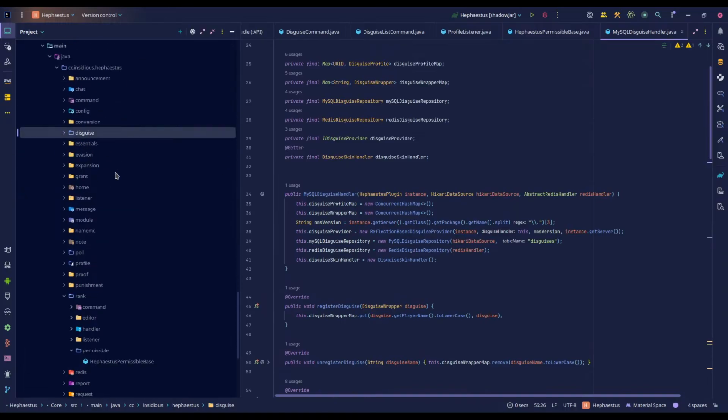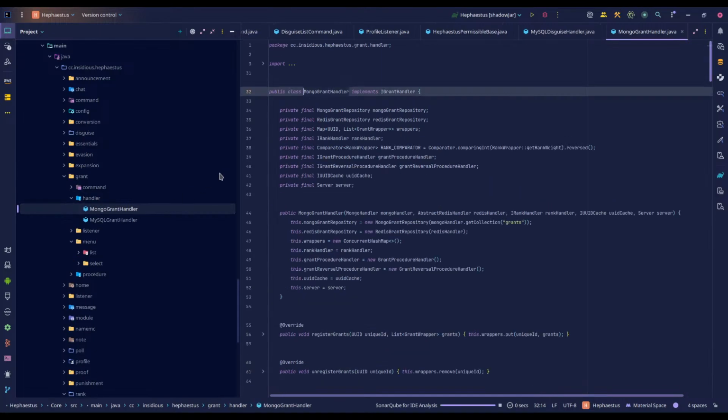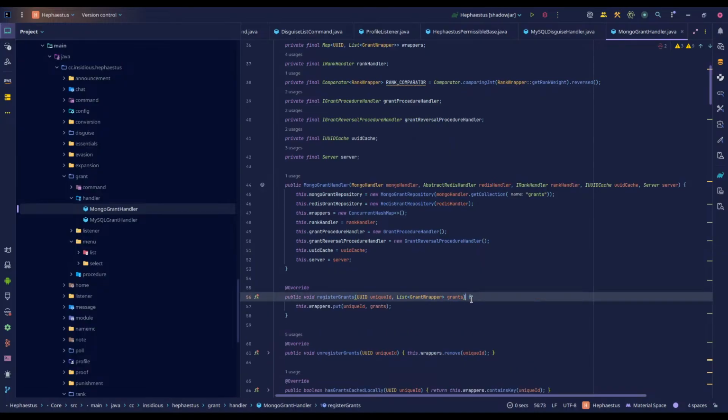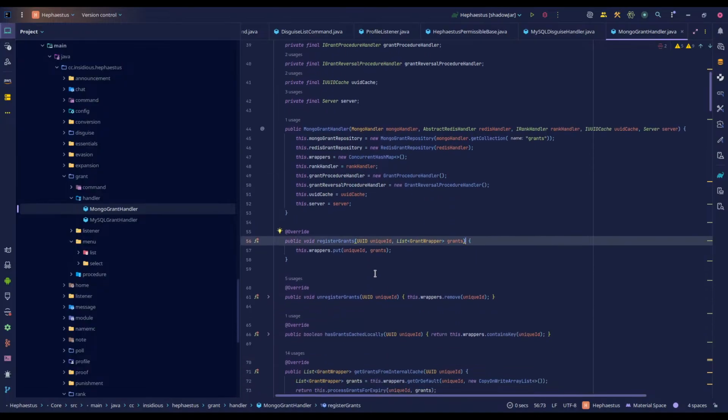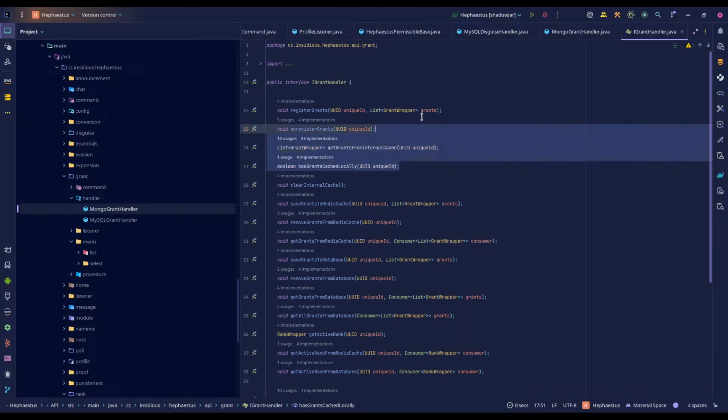Let me go to the grant handler. What I'm thinking is that instead of doing the actual cache logic here, I might just abstract it out